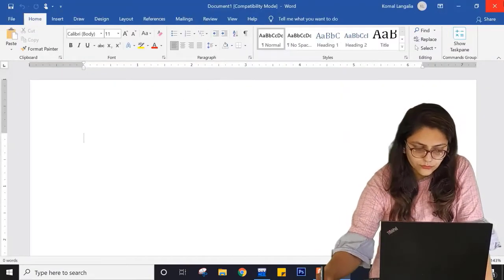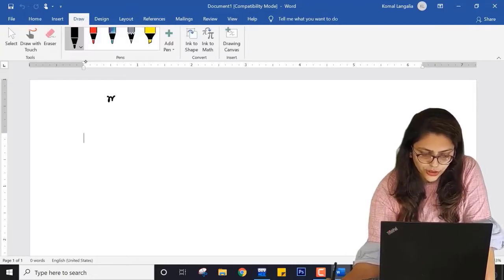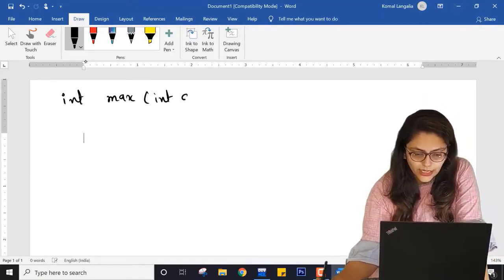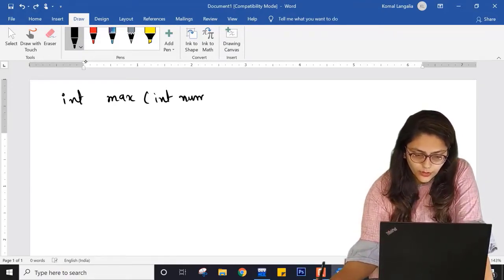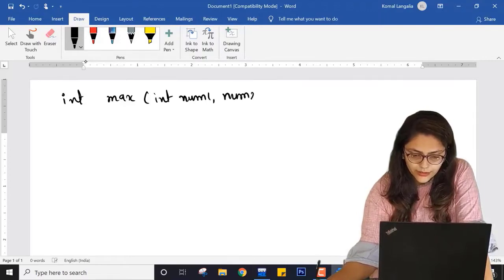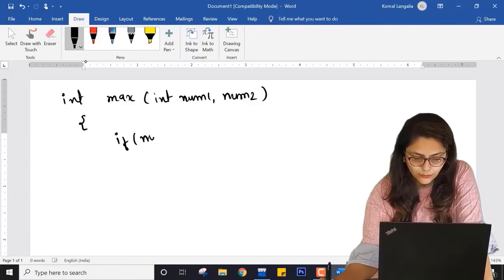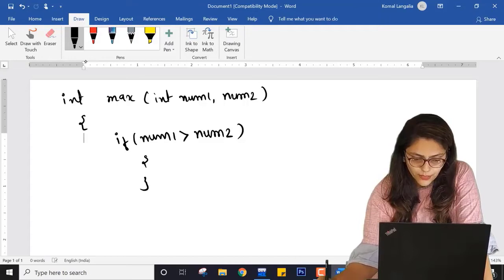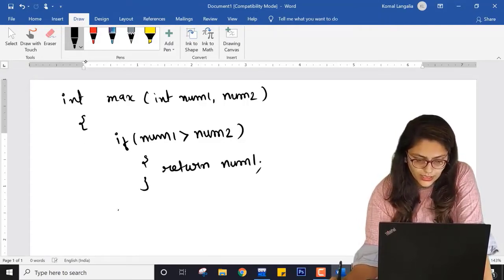So here, what I am doing? I am creating one function max. I am giving it return type as int and taking two integers a and b, or say here I have taken num1 and num2, right? And inside this I have written if num1 is greater than num2, then return num1, else